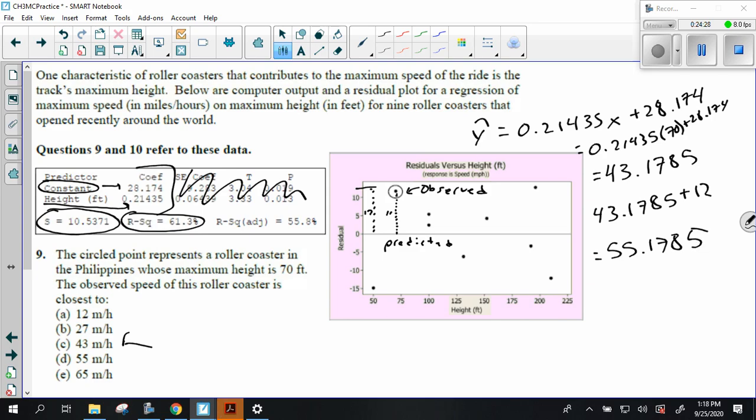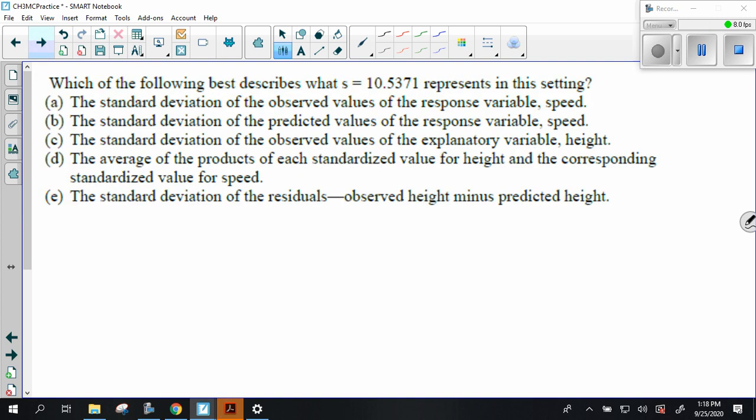All right. I believe this is the last one. Which of the following best describes what s represents in this setting? So remember, s is your